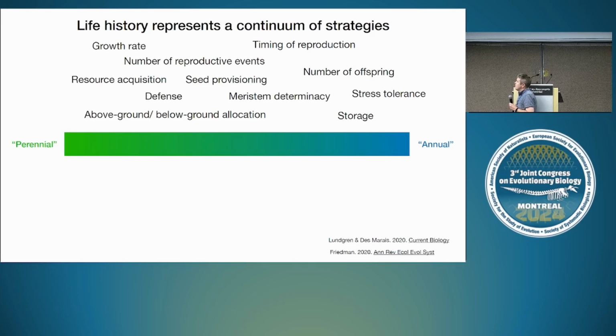And so we often describe life history as a syndrome, and I've argued previously that really we should think about the difference between annuals and perennials in plants as a continuum, right? So there's a whole bunch of covarying and independently varying traits that make up differences in life history, driving life history strategy. And while a lot of past work in the evolution of plant reproductive life history strategies has focused